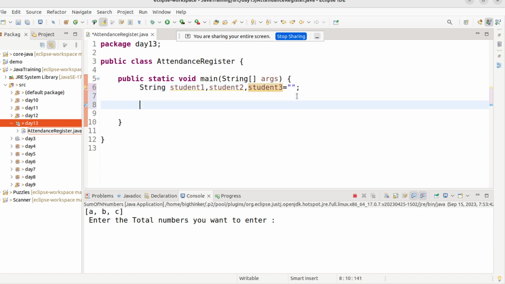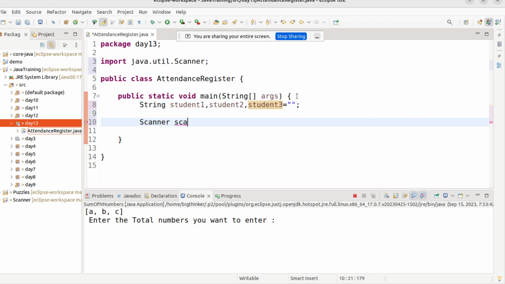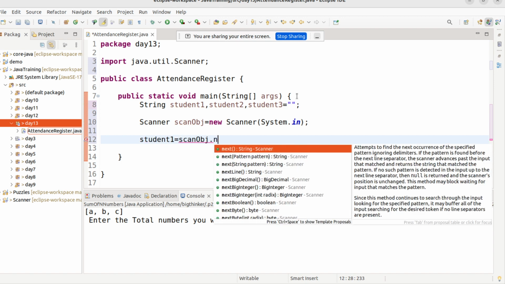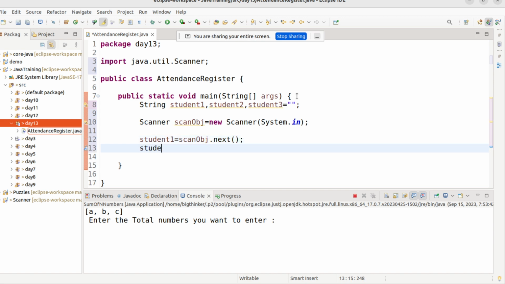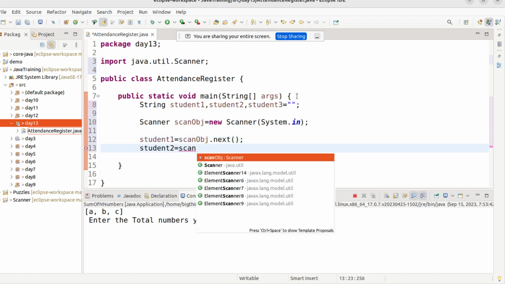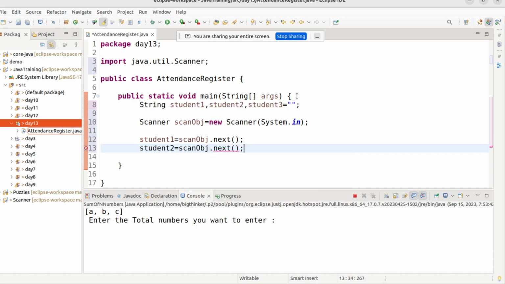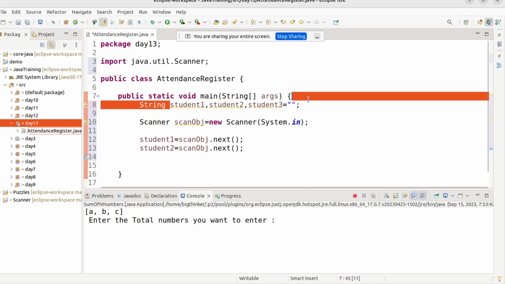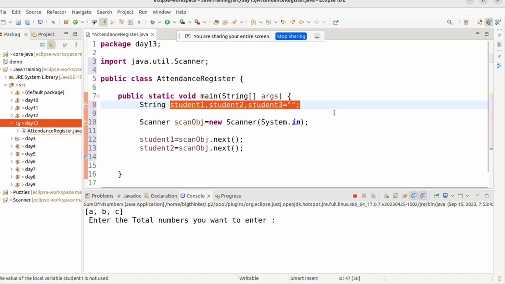And then we will use a scanner, so student1 equals scan obj dot next, right? But we don't want to create this many variables, so what we are going to do is create an